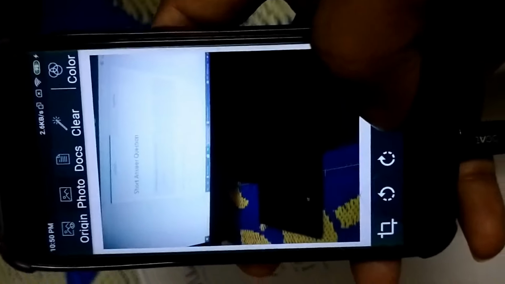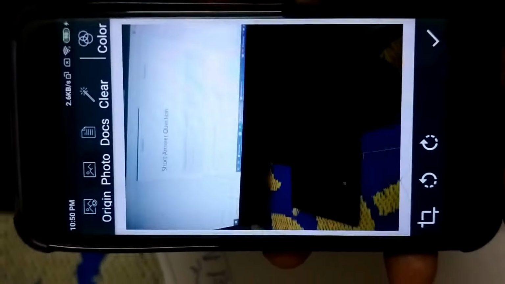I'm taking arbitrary snaps. Suppose your answer is a total of 3 pages.